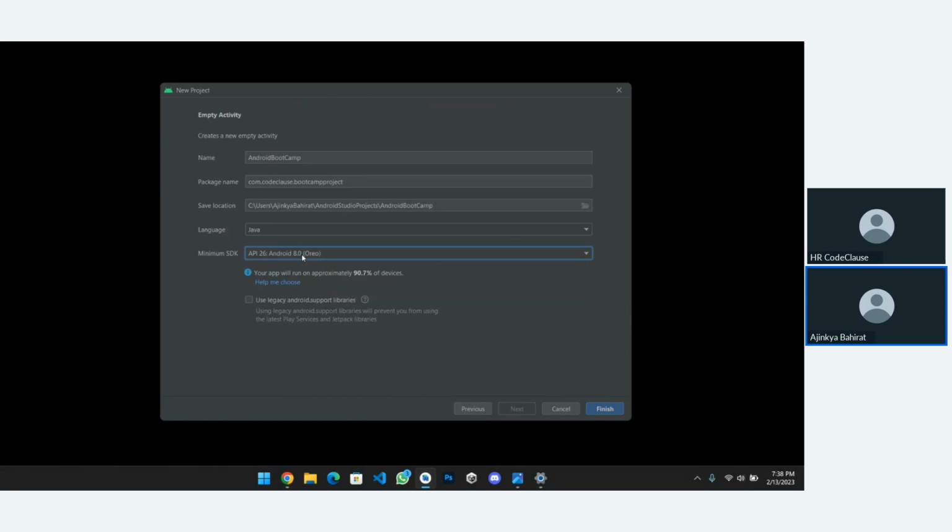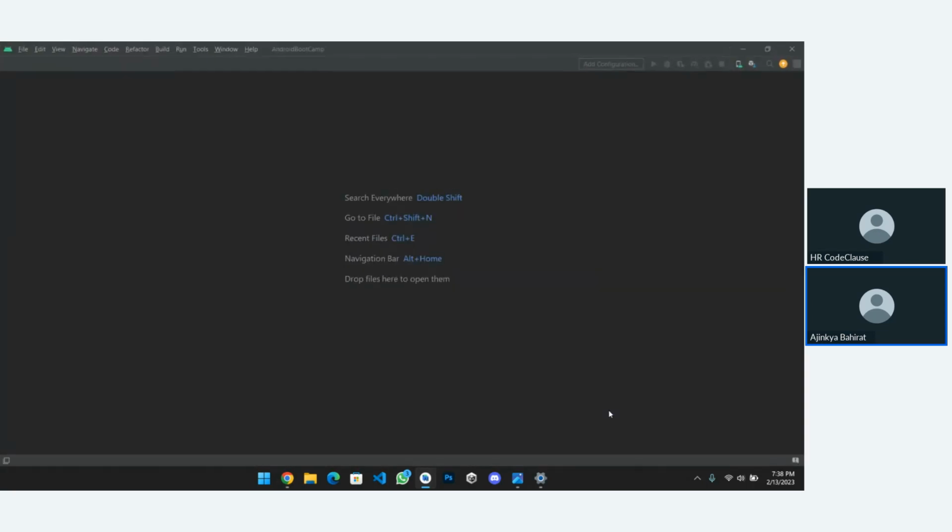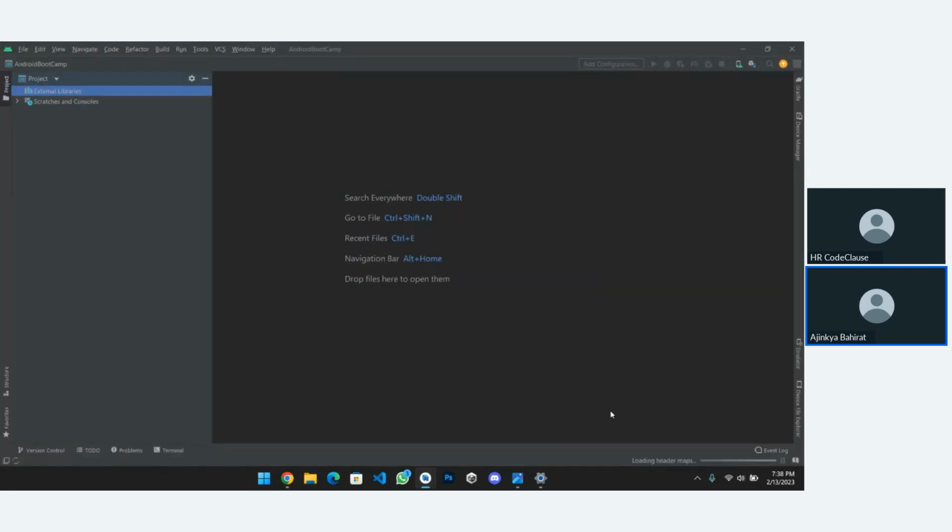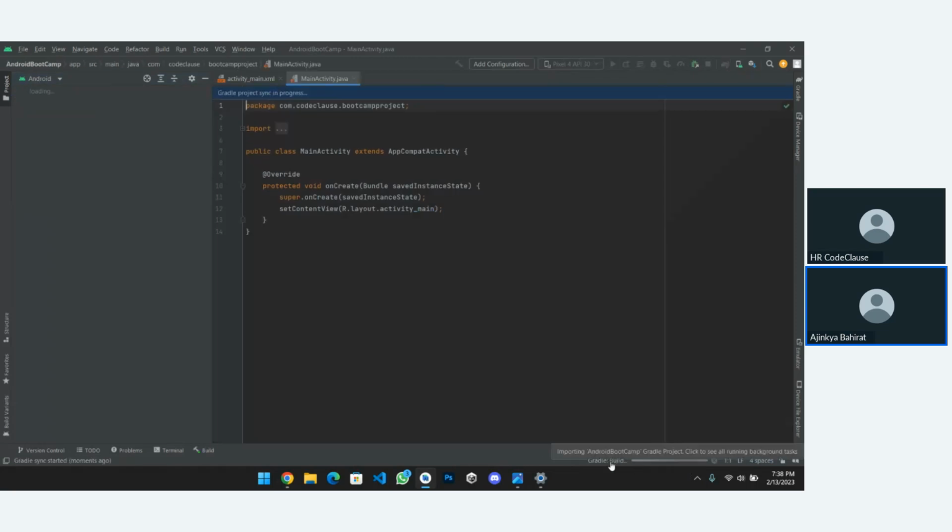Okay, so after filling this in, you need to just click on finish. It will take some time. You can see over here it will take some time. For the first time it takes a few minutes. If your machine is good, then it will be like 2 to 3 minutes, and if your machine is kind of low end or slow, then it will take more time. But be patient, depending on your device, this process will complete. Just do not do anything before this process completes, as it might conflict and cause errors.